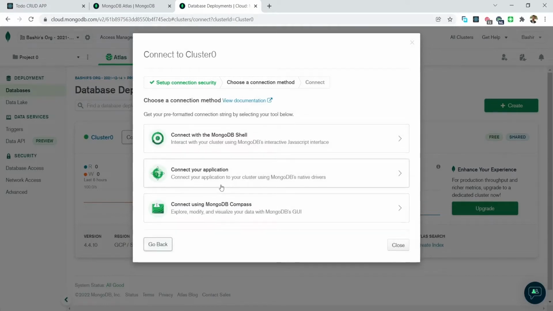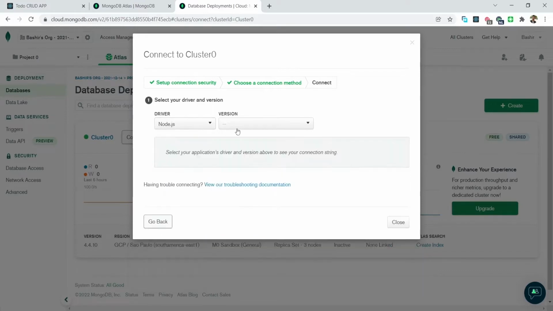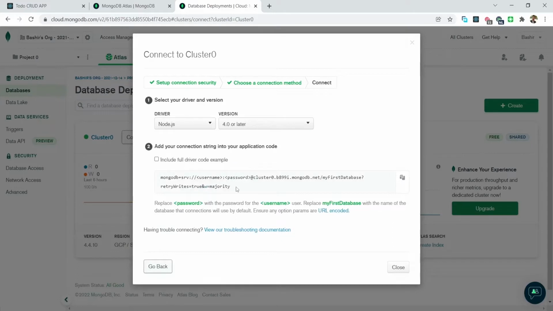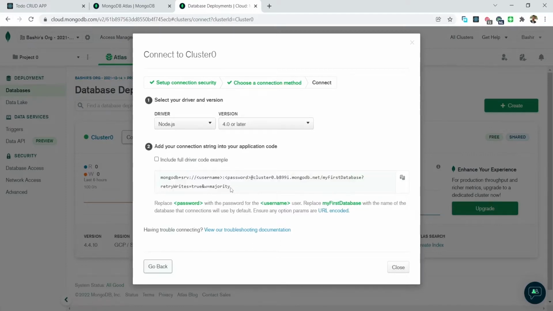As I want to connect my application, I'm going to select this option. Here you can provide your driver if you're working with Perl, PHP, Python, Ruby, Node.js, or any other programming language. You can select your language. As I'm using Node.js, JavaScript, I'm going to use Node.js and the version. Here, MongoDB will generate a connection string for you, which you can use to connect with your database. So I'm gonna copy it